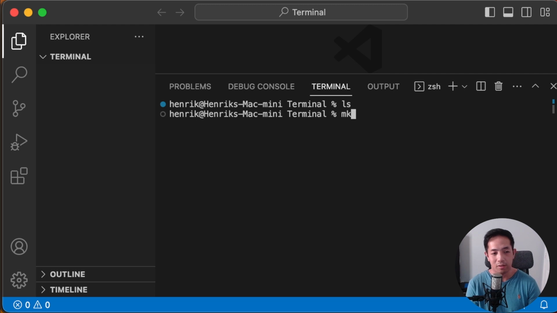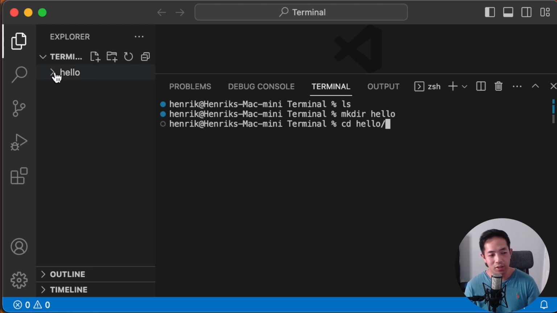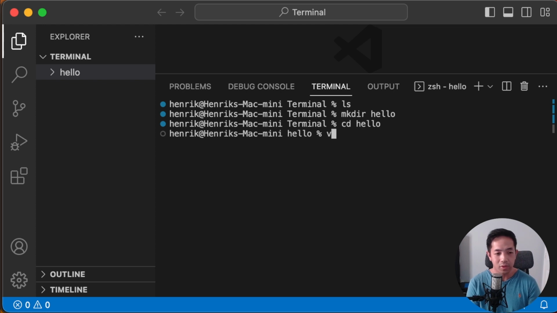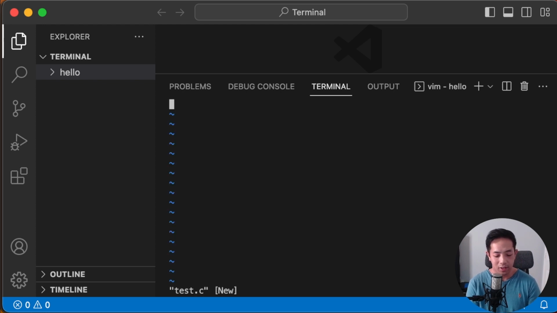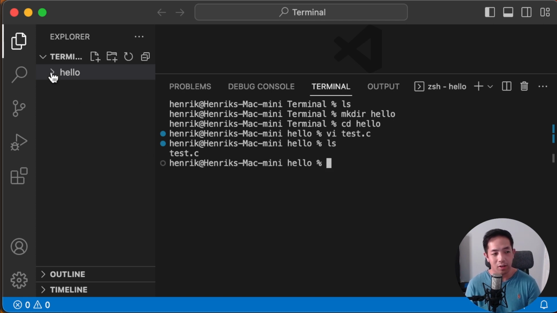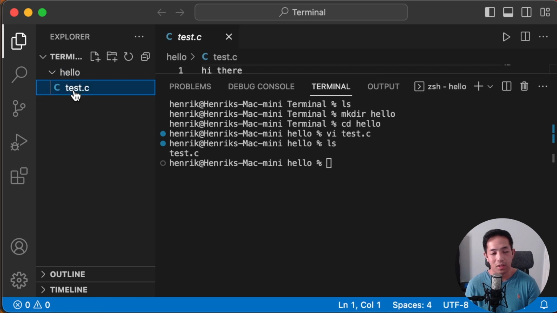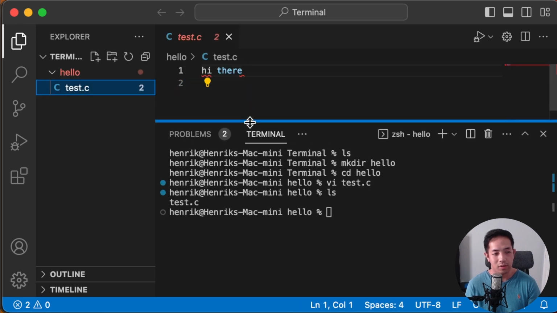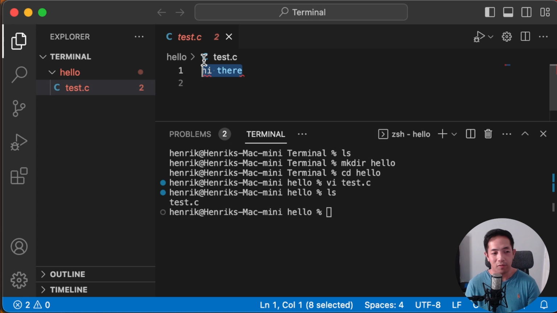ls, and then mkdir hello, and then cd hello, go inside. Oh, you can see on the side that hello was created. It's a directory that was created. And then you can do cd hello, and then vim test.c. And then you can say hi there, and then write the file, and then ls, there it is, test.c. It's inside hello. You can look at it, there it is, and you can see there's the file that I created. You can start modifying it in here,